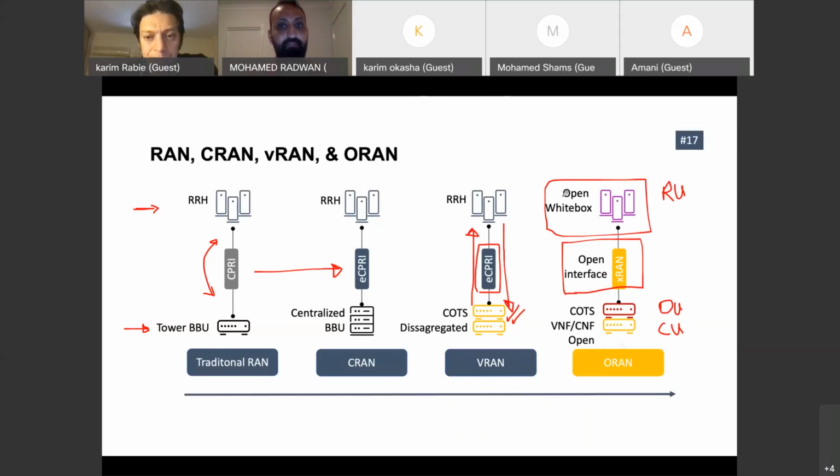So the latency from CPRI to eCPRI for sure changed, because CPRI was serving 2G and 3G, and eCPRI was serving mainly 4G and 5G. So it is different. But to give you some hint about the latency figures, for example in 5G, the RU to DU, that's the fronthaul, is in the range of microseconds, from 100 to 200 microseconds.